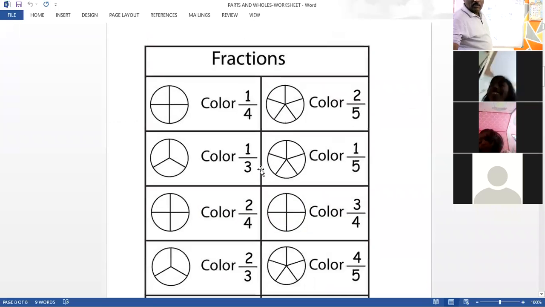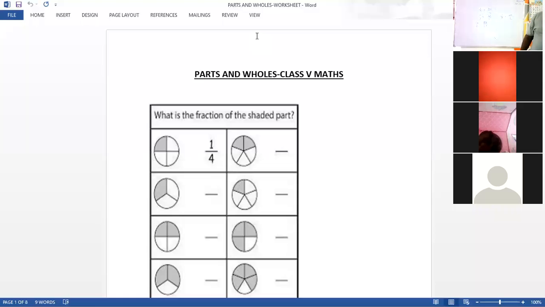It is a lengthy worksheet, you have enough time, Saturday and Sunday. Complete it and submit it to me. Don't forget to submit. Every month, 5 marks will be allotted for classwork and homework. Only those who submit the work get marks. Those who are not submitting are not getting marks. For orals also, only 50% did orals. I gave marks only to those 50%, the other 50% of students failed to get the marks.